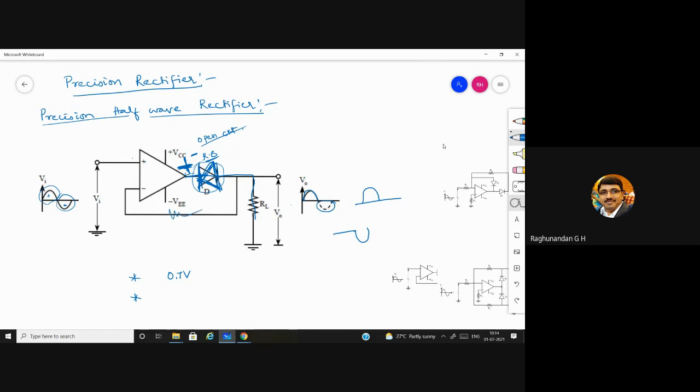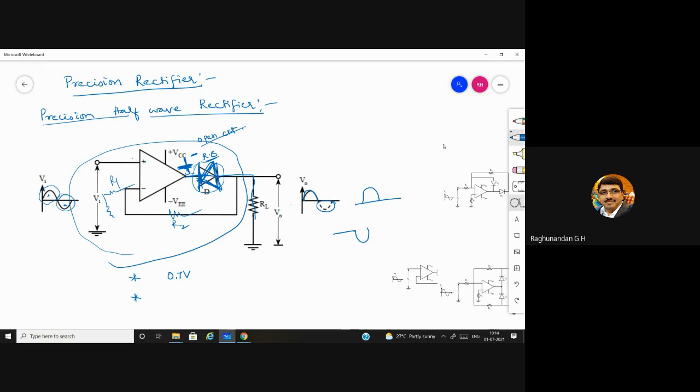And if you want to amplify the signal, we can just add some resistors here and here. When you add some resistors, automatically it is going to add gain, right? Since it is a non-inverting op-amp, you add two resistors to it and connect one to ground. So this is R1, R2. Now whenever the diode is forward biased, this entire portion will behave as a non-inverting op-amp.